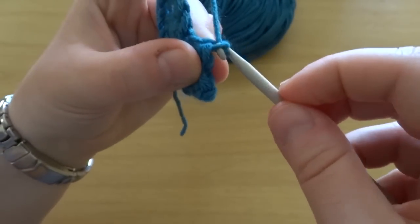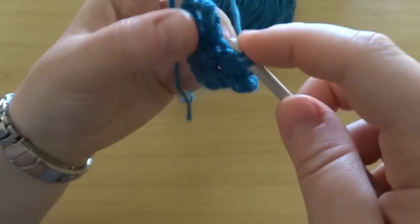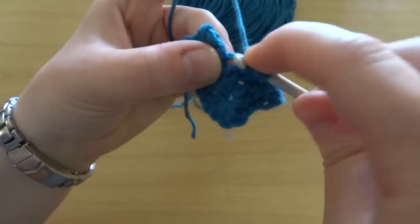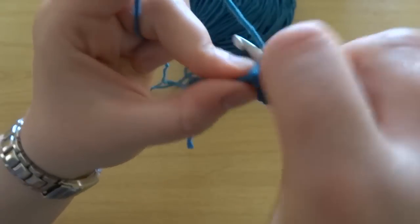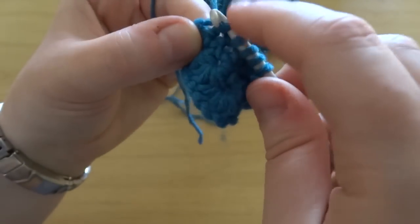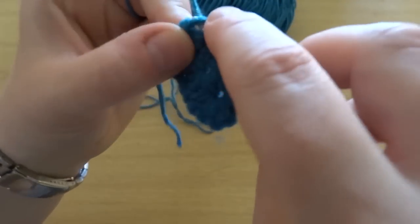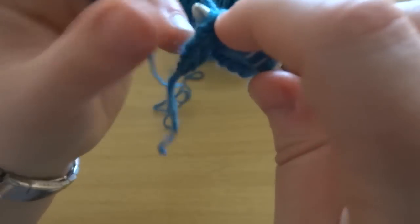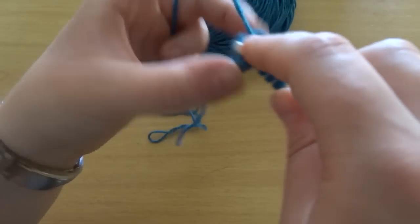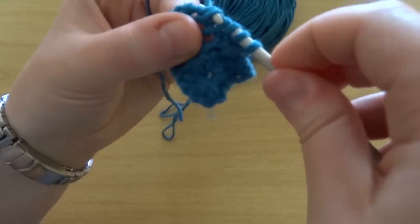So we chain 1 to close it off, and then the pattern again, 1 through the eye, 1 through the front loop there, 1 through the last stitch, 1 through the next 2 single crochet stitches, which should bring you to the end of this row. Make sure you're going through both of the stitches there, both loops rather, and pull through. So we've got 6, yarn over,